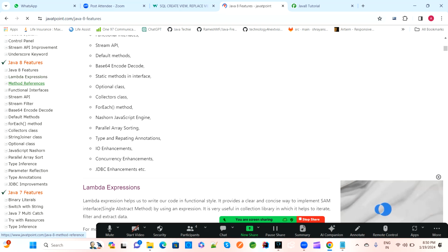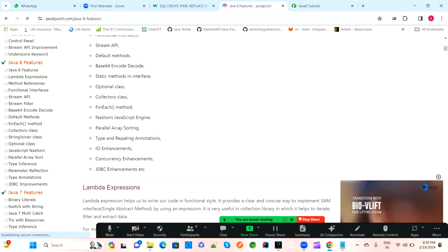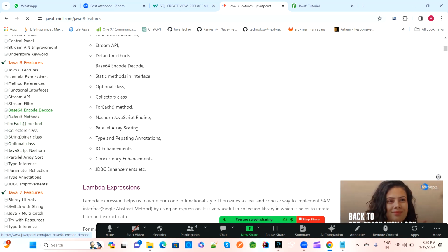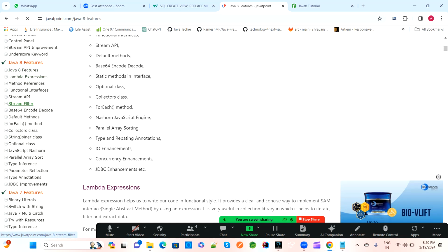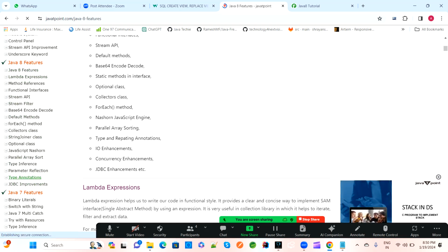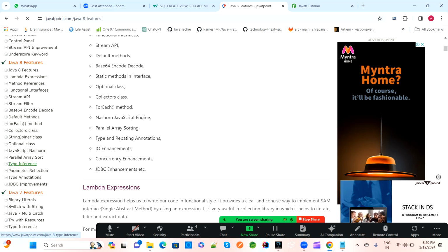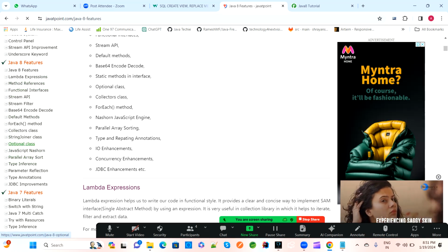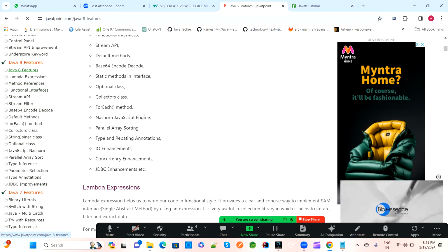Java 8 features include lambda expression, method reference, functional interface, stream API, stream filters, default method, forEach method, and optional. So we will use all these while we create a project. So for Java 8, only these topics we have. Apart from this, others are not required, like JDBC, type parameters, interface, parallel, Java script notations. These are all not required. So only from Java 8 features to optional is required. Tomorrow we will complete these Java 8 features, and then